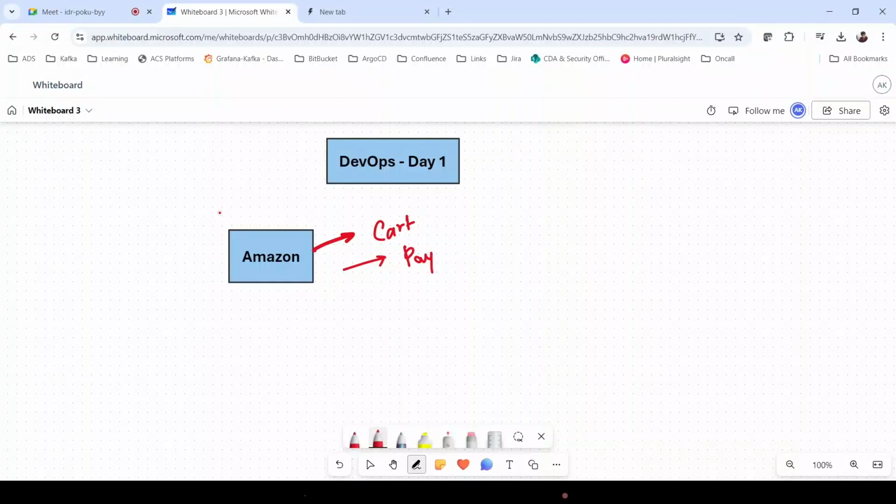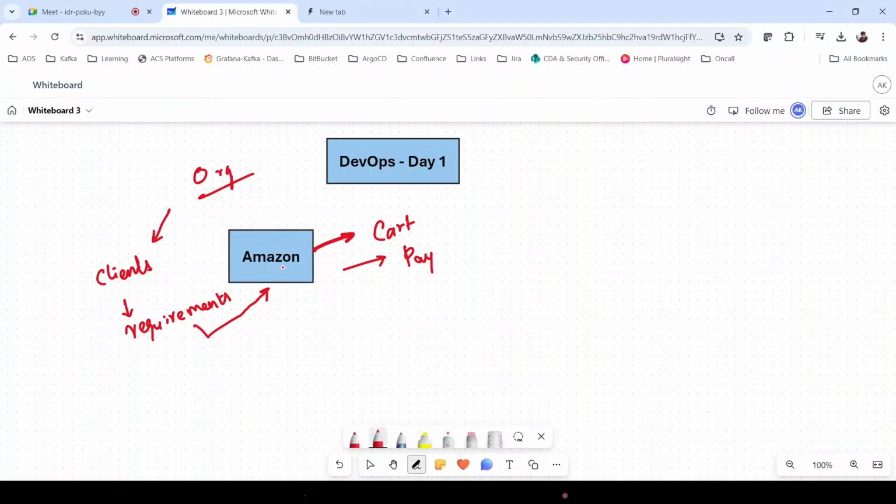Okay, so let's consider an organization. The main thing is that every organization should have clients, and the clients will have a few requirements. Now they have to develop an application called Amazon.